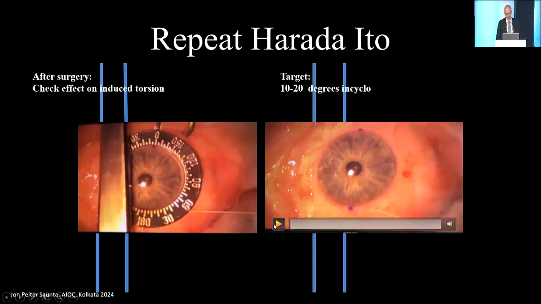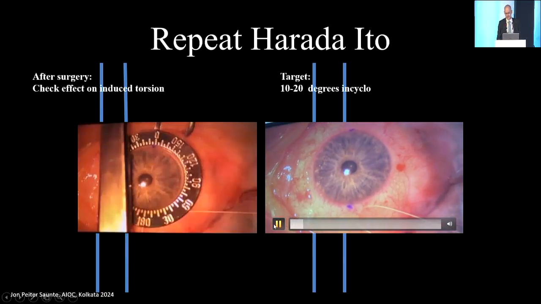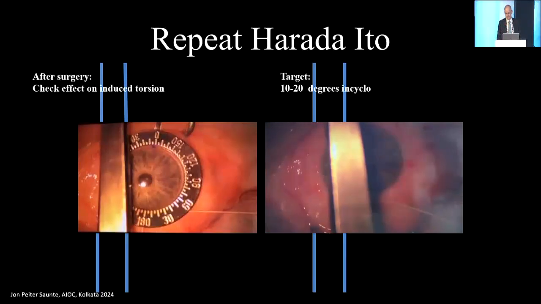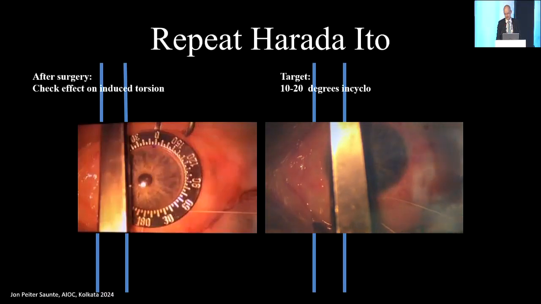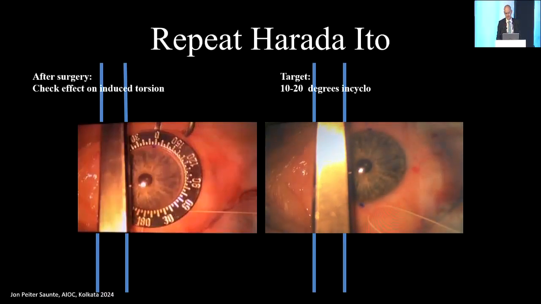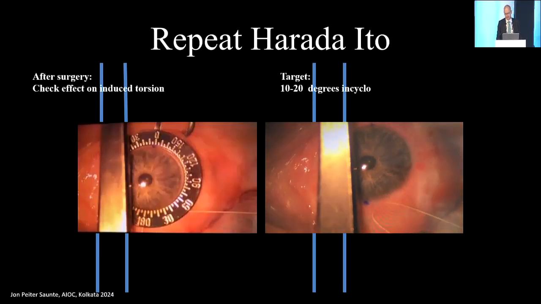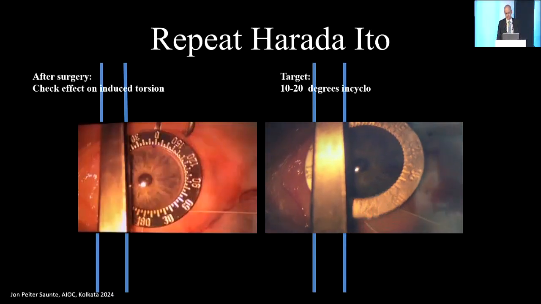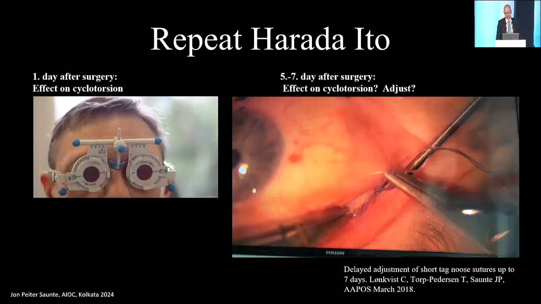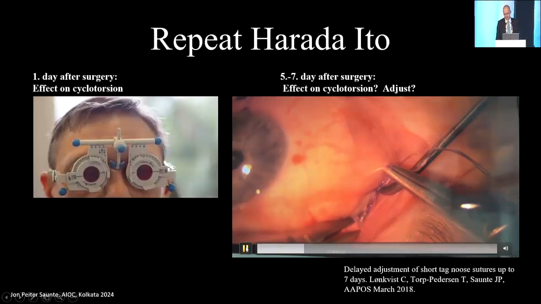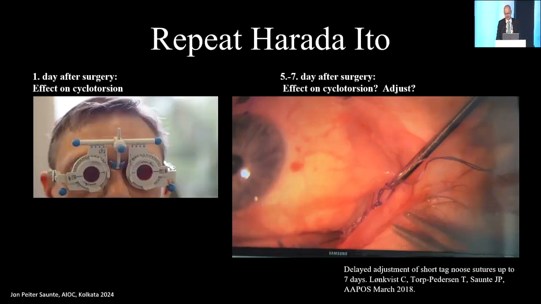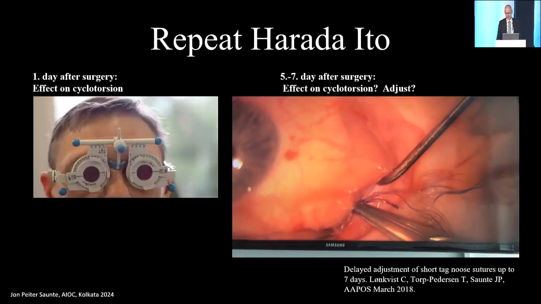drawings on the table, and then when you measure, you can put the instrument aligned with the drawings on the draping, and then when you have the blue dots on the cornea at 6 and 12, you can see how much torsion you induce during the surgery. So adjustable sutures will help you to do what you want to do. So we tighten the superior oblique, and we can unwind or change the tightness with adjustable sutures, which are